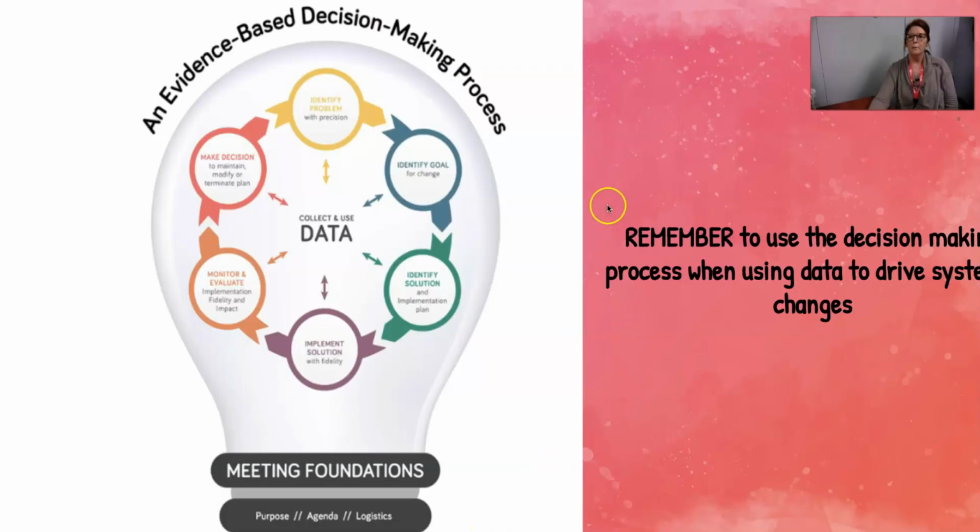And finally, remember to use the decision-making process when we are trying to make systemic changes. So I know everyone is very familiar with this process. So look at what's in the middle, data. So when we're thinking about PBIS, when you come to the table and you start sorting your data, whether it's in PowerSchool, whether it's in Swiss, Infinite Campus, the graphs, the data is going to show you where your big problems are. If you're using something like Swiss, they have a drilled down feature. It's so neat. You can actually see what might be the motivation of a behavior. And then obviously using that data, we're going to look at some changes that we want to make.